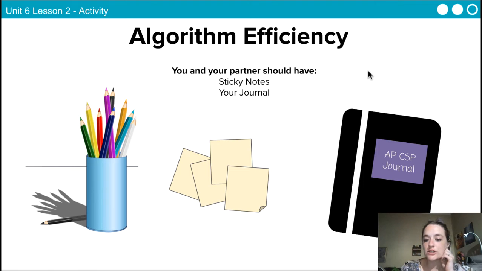So you would need your journal and you would need some sticky notes. So if you have a little pad of sticky notes, okay? Now that you have your journal and your sticky notes, something to write with,